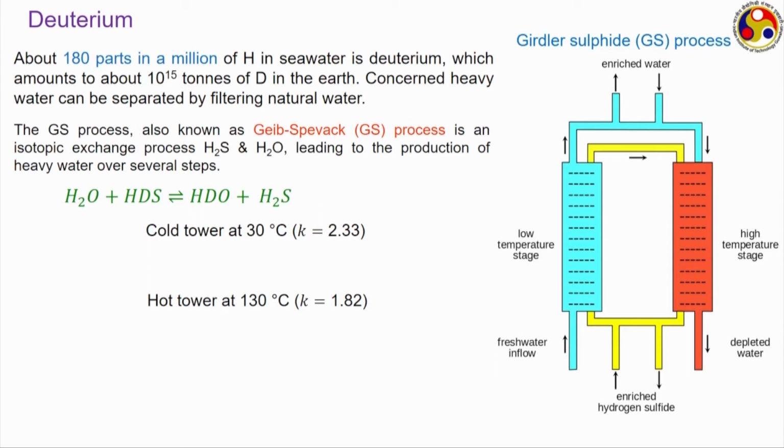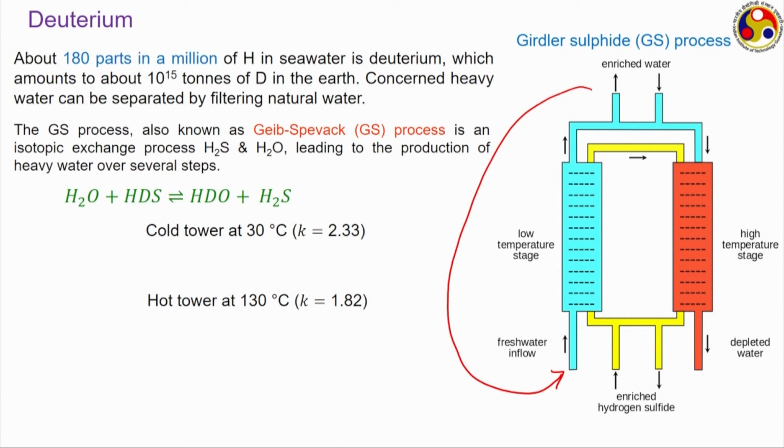One pass of seawater through this will cause a very small increase in the total deuterium concentration or total heavy water concentration in the sample. One step itself is not sufficient, we need to go for multiple steps, and that is why the enriched water which we are getting as the output from this cold reactor quite often is supplied back here or maybe supplied to another reactor which is placed in a cascaded position, and we get repeated